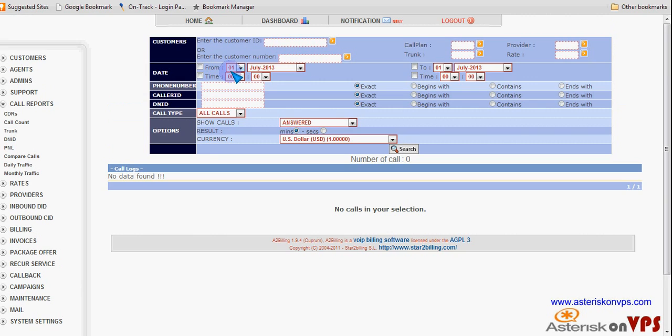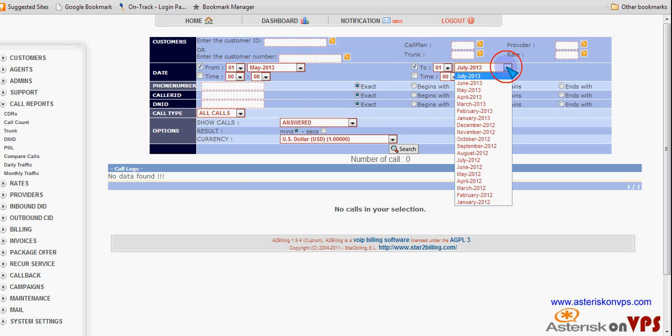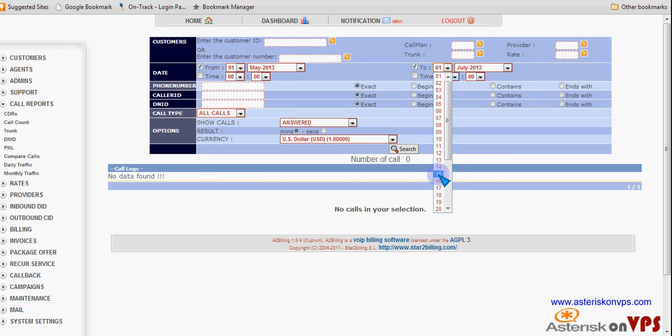So when you are choosing the date from here, you click, and then you choose your date. Maybe it's from 1 May to 20 July or something like that, right? Then you can choose